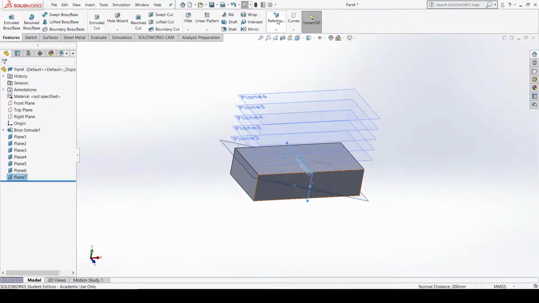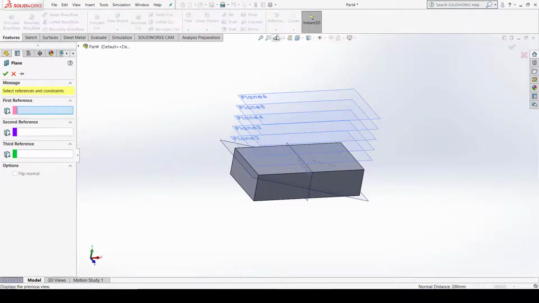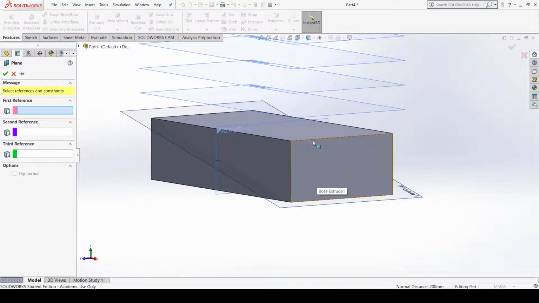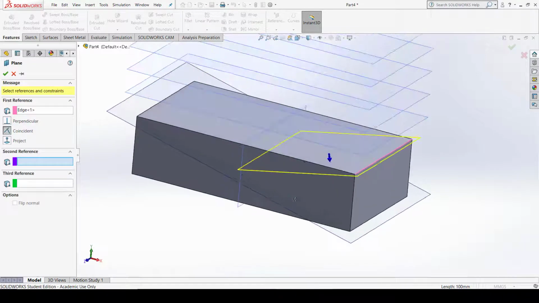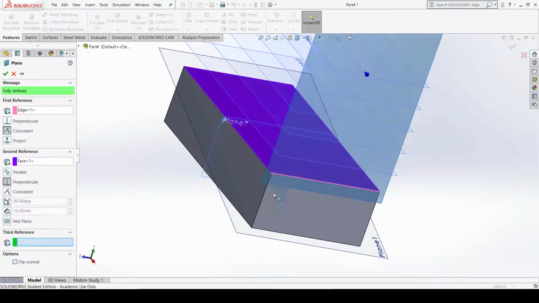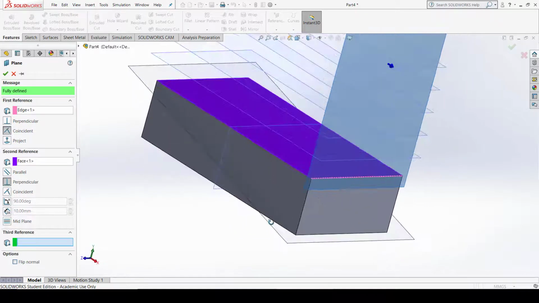Okay, now again go to the reference, select the plane. Now you have to select the plane with the help of an edge. Let me create a plane here. Now this is the plane. When I select this edge, make sure your angle will be in anti-clockwise direction, and if you want a plane on this surface, this is how you can define the edge and surface. Then the plane is perpendicular to that surface. If you want a plane which is perpendicular to this surface, so just select the edge, select the surface, and the plane is created. Click OK.